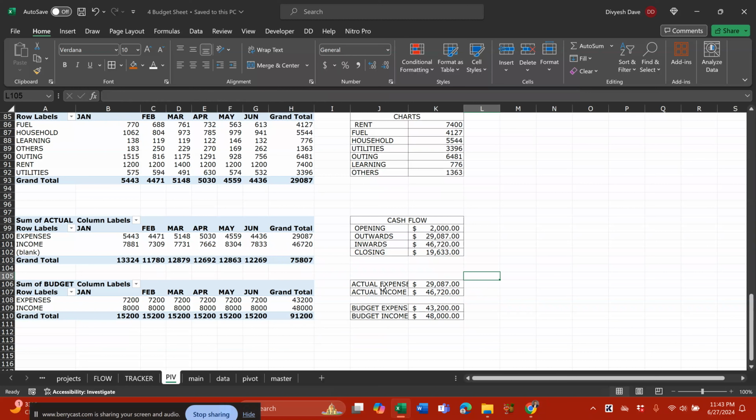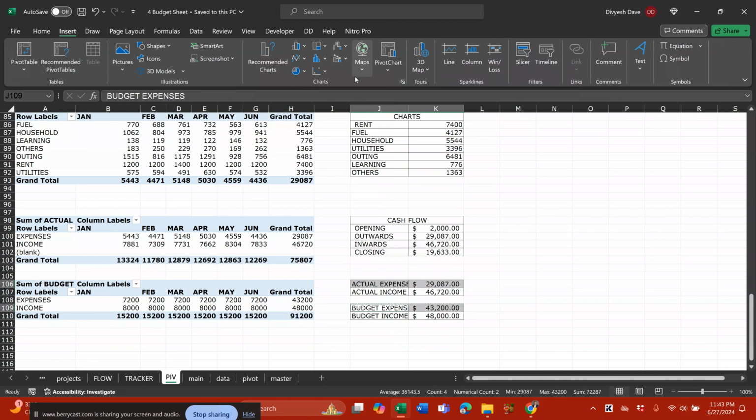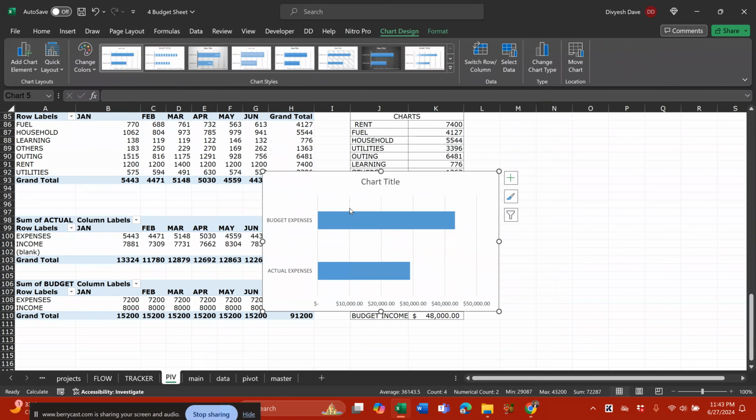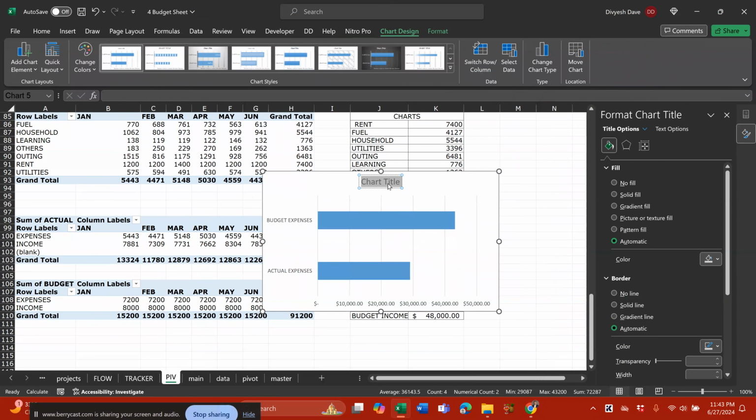Now there are two ways to do things. Either you can add this plus this, or you can also add income and expenses together in the same chart, or you can add expenses in one chart. So it depends on what you want to see on the dashboard. So let's say we select this. Let me just add it. Insert recommended chart, and we will add this one. We'll insert this. We'll copy this,